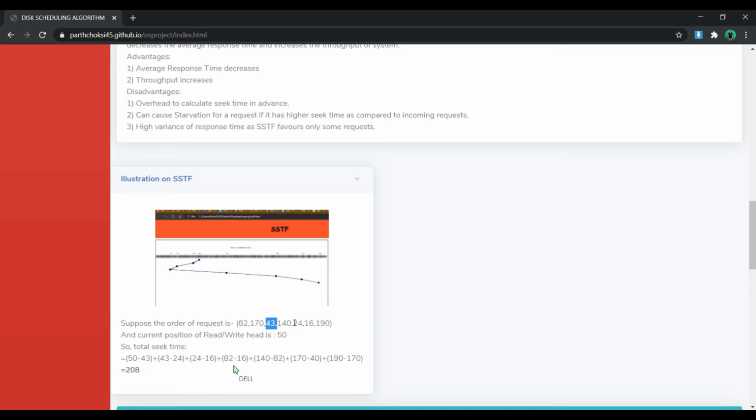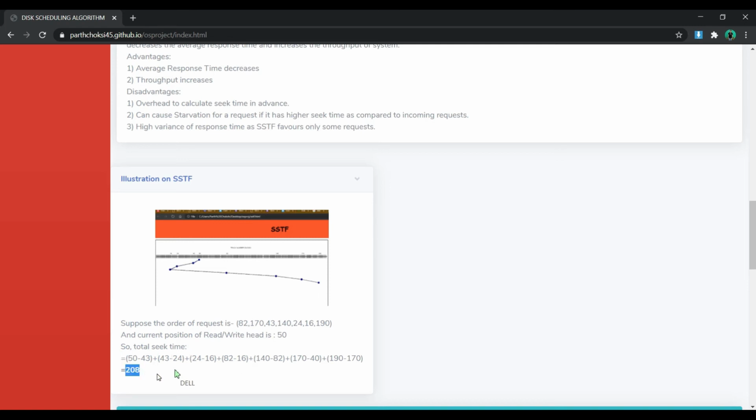So we will subtract 24 from 43, and we will do this till the last, and at last our head will be 190, and the nearest value to it will be 170. So from 190 we will subtract 170 and calculate all parts of seek time to know the total seek time. So we have completed SSTF.